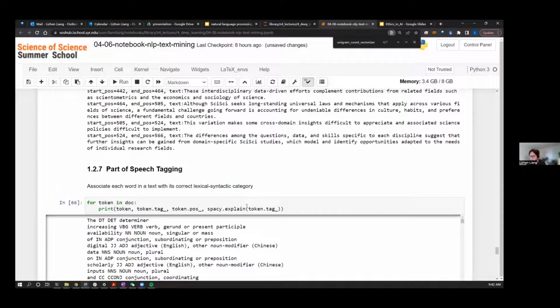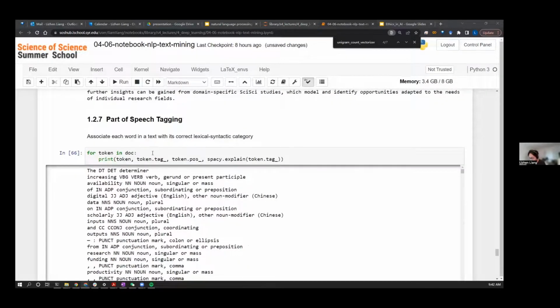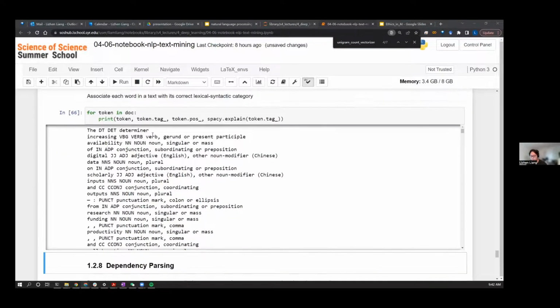There's also part-of-speech tagging, which associates each word in the text with its correct lexical or syntactical category. It is important because syntax expresses the way in which the words are arranged. So it's often used in many different NLP tasks, such as information retrieval and word sense disambiguation.